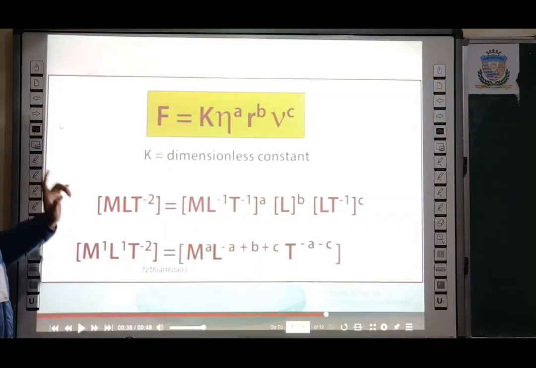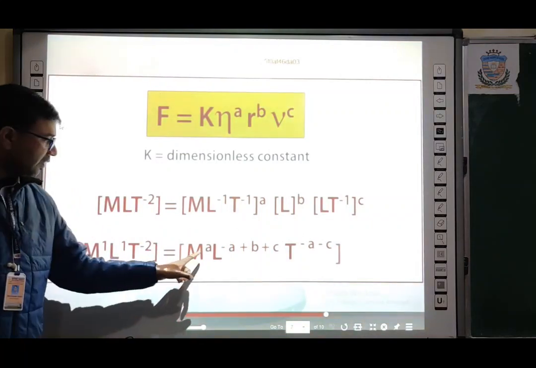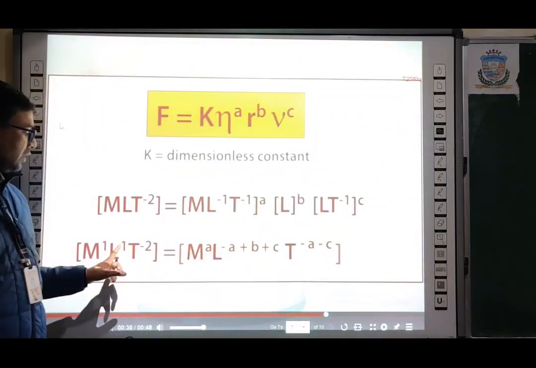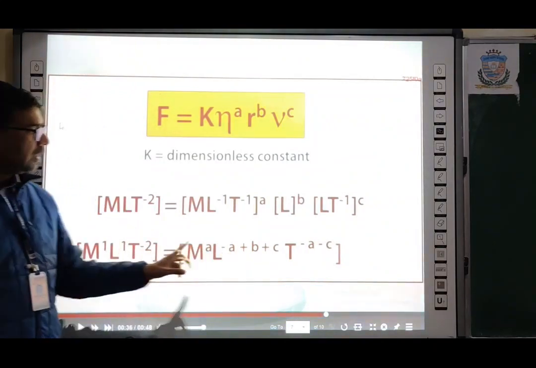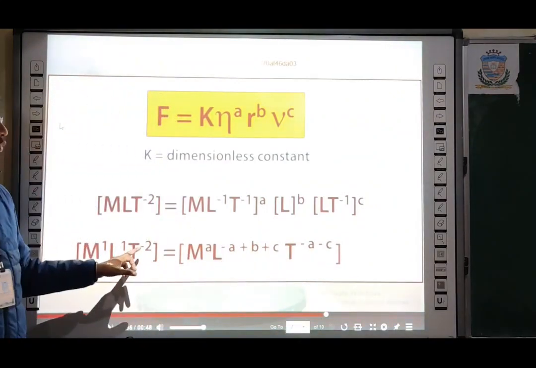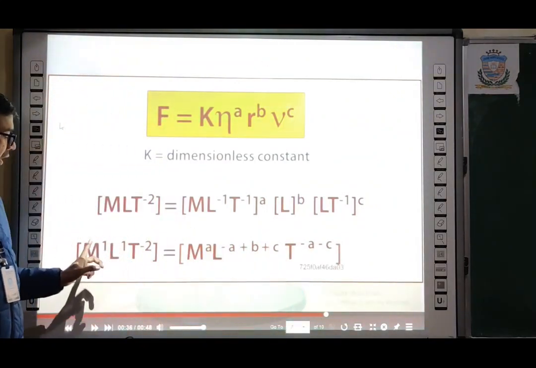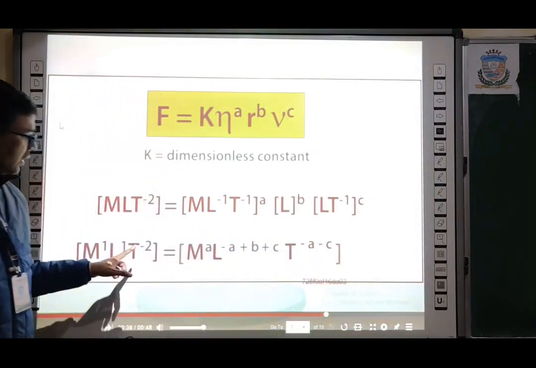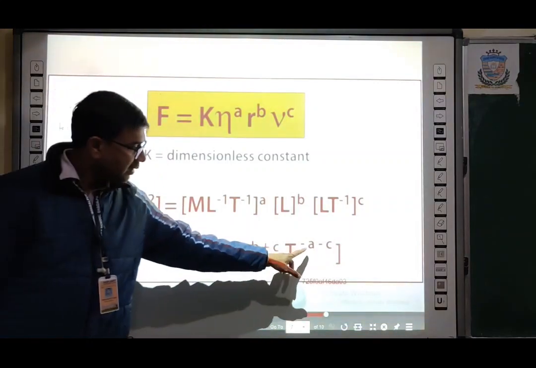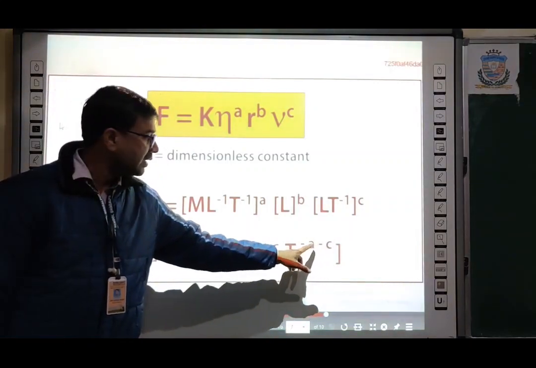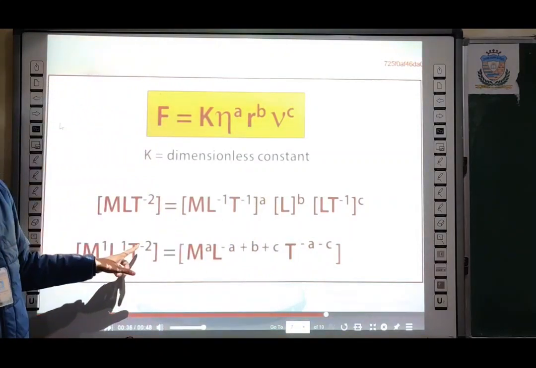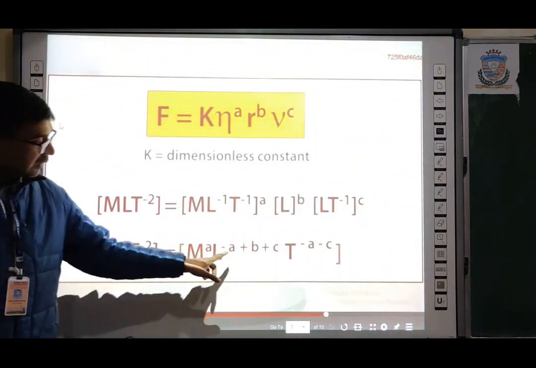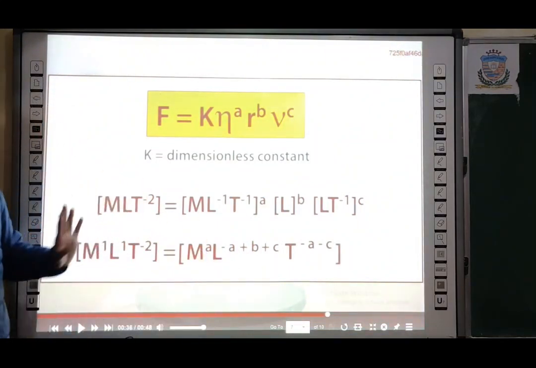With the help of this equation, we can say the value of a is 1, minus a plus b plus c is equal to 1. Clear? Minus a minus c is equal to minus 2. So if we solve it, the value of a is 1. From the third equation, minus a minus c is equal to minus 2. Put a here, it will become minus 1. So minus c is equal to minus 1. Okay, so c is equal to 1. Put that value in this equation, and you will get the value of b.